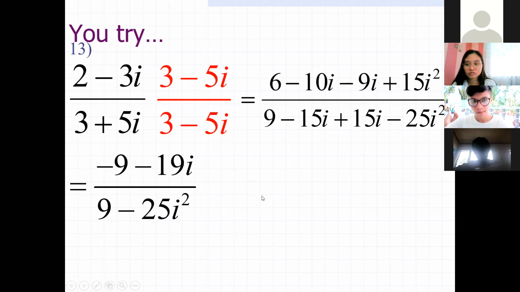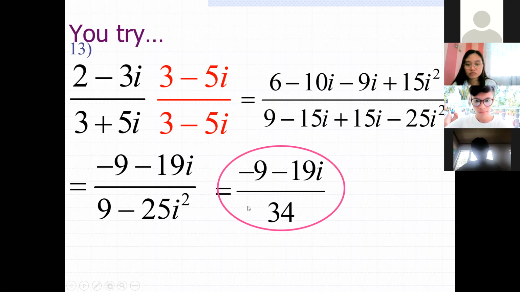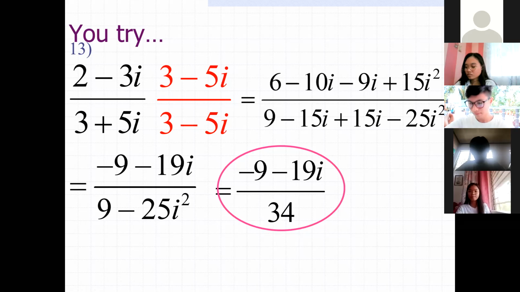So we come to the denominator now. i squared is negative 1. Combined with negative 25 is positive 25. So your denominator is 34. And you can end this with the answer, or you can end it with the standard form, which I personally, well, I break my own rule, right? I did not have this stated in standard form. But still, for the final answers, I'll be expecting everyone to express them in standard form. Okay.